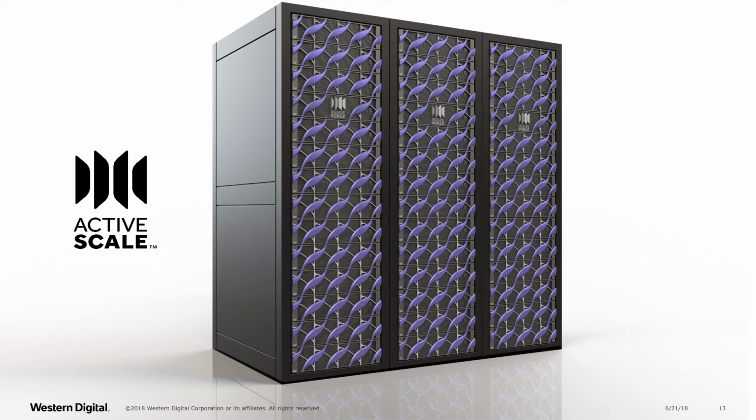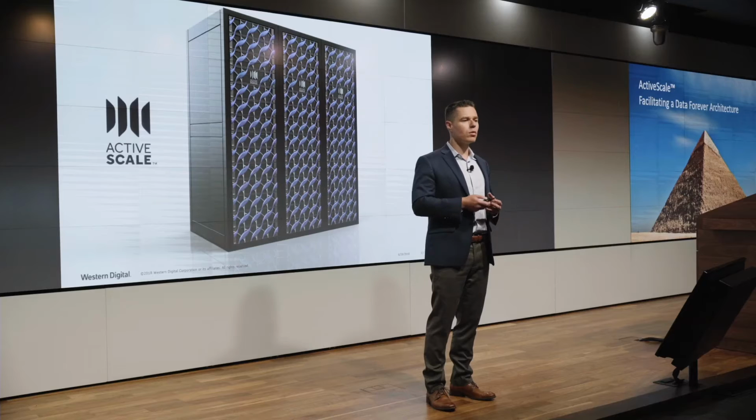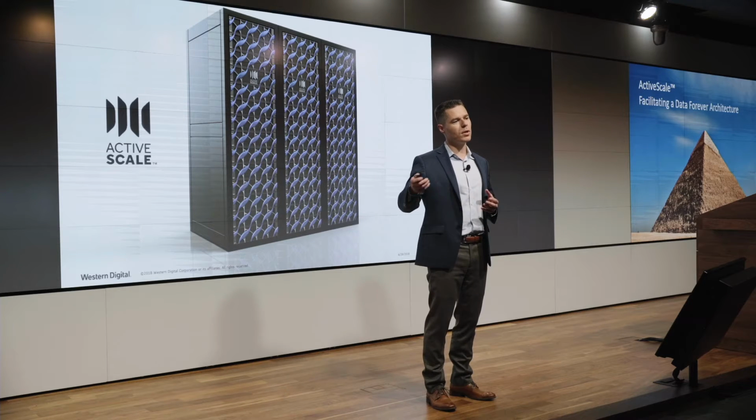As you can see, the bezel's been designed to scale beyond a single rack, because as you look at how we deploy our products in the field, we are not focused on deploying 50 or 100 terabytes. We're looking at large capacities, customers that are storing large unstructured data sets because they want to mine them. They want to monetize their data assets. So for us, it was important to create that look and feel that grows with their business and scales beyond